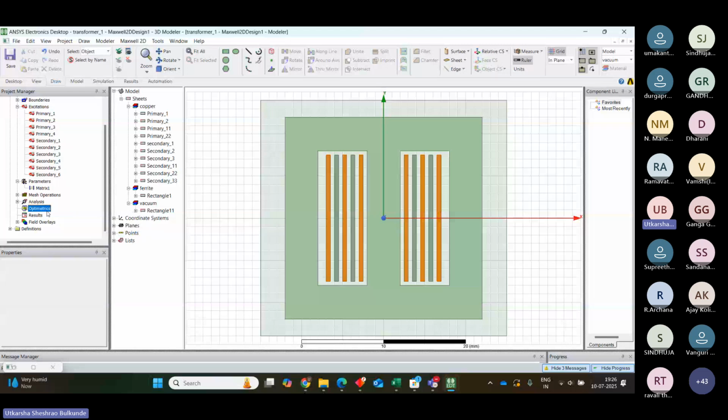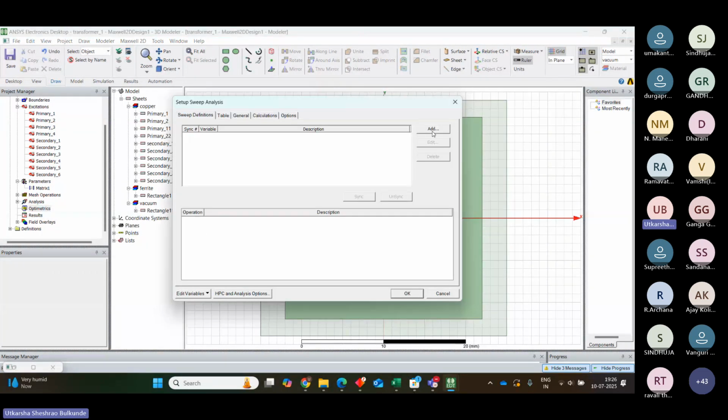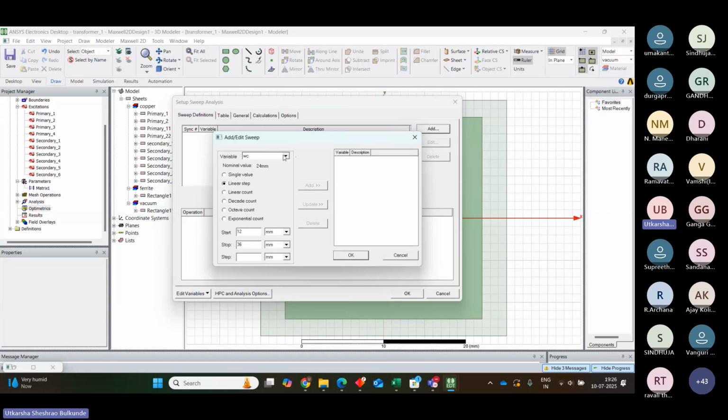For doing that, this Optimetrics option is there. What Optimetrics does is you just add a parametric. So you can add it here. Now I want to change my current from 10 ampere, for example, to 15, 20 or 30 amperes, and analyze how my losses are getting affected, right? So what you will do is